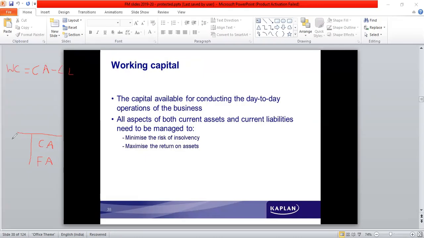Then just look into the classification of liabilities. Liabilities, broad classification, there are three different types of liabilities: current liabilities, long term liabilities, and equity. So these are the three categories. So current liabilities is for a short period of time, and then long term liabilities and equity is for a longer period of time. So here the point is, when funds are raised, funds are not kept idle.